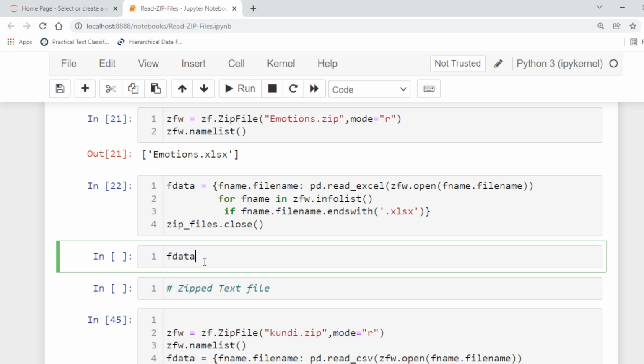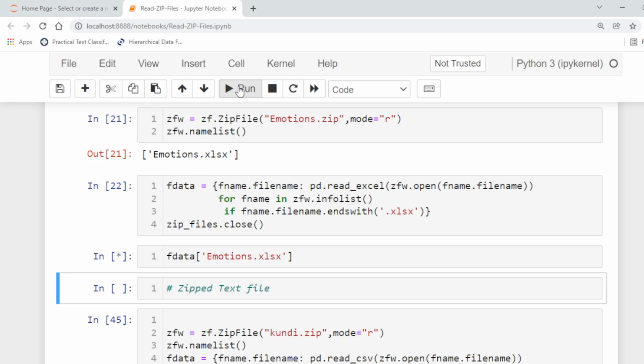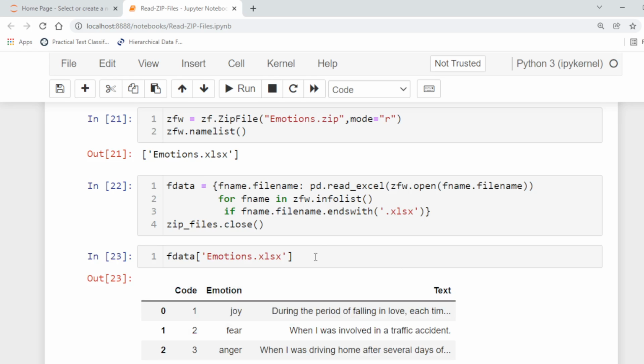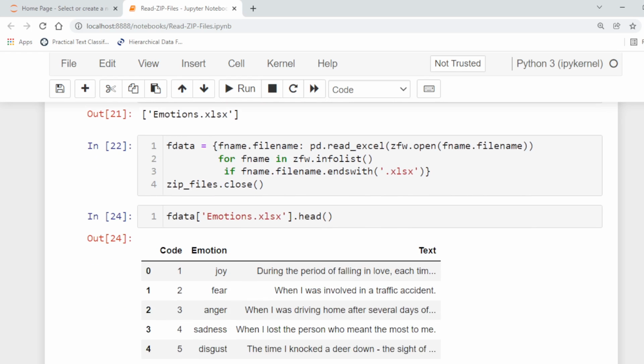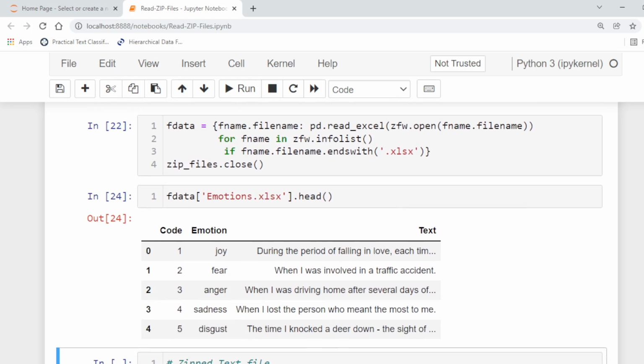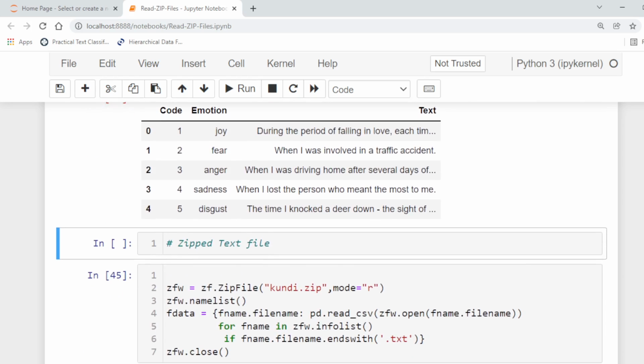For example, we know that this is emotions.xlsx, so after running, we will get the emotions data. For example, we want the first 5 rows. So in this way we can read the file stored in any zip.